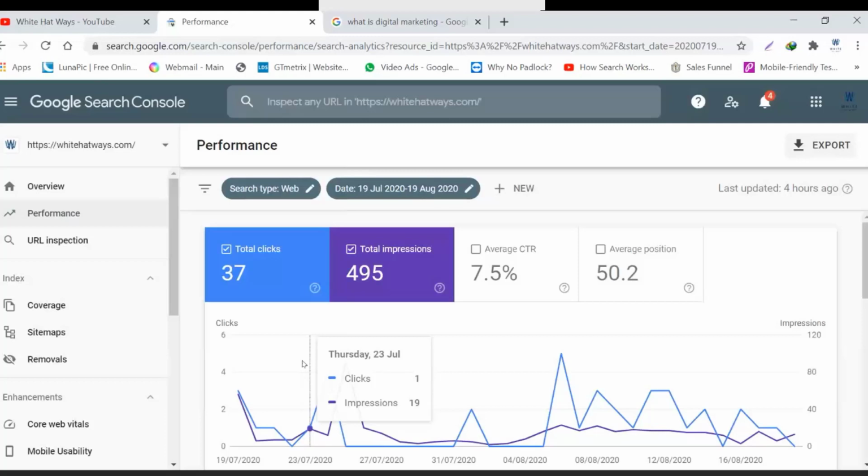So you can see that out of those 54 clicks I got 37 within this particular period only, and the total number of impressions was quite good, 495 in lieu of the clicks. And you can see that the average CTR is 7.5, whereas in the previous instance it was somewhere around 3.